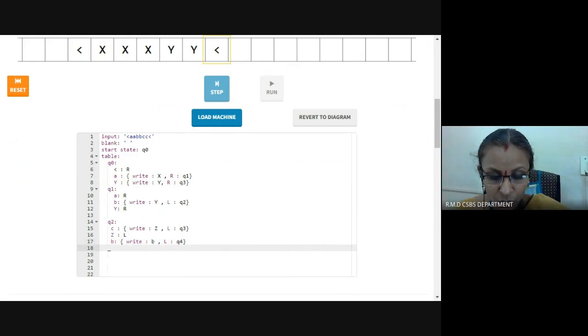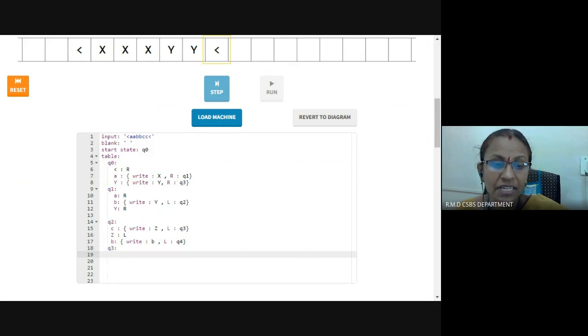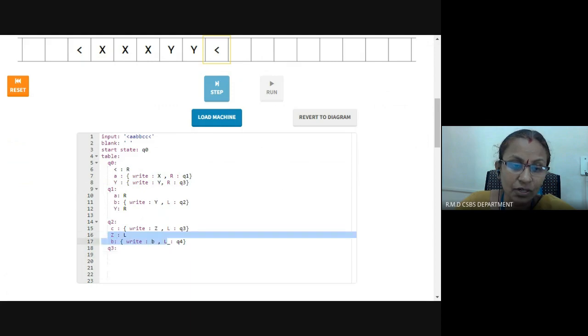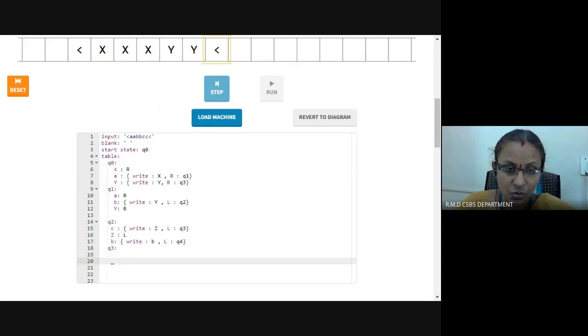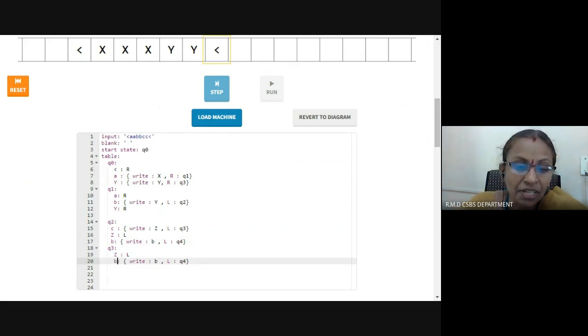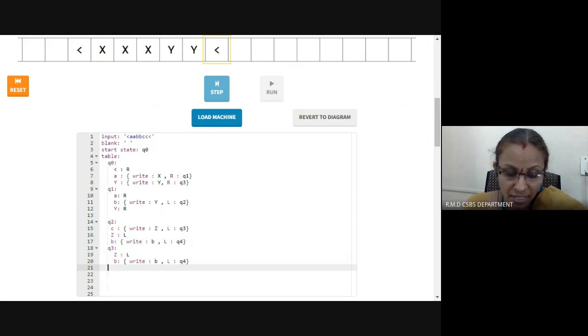So when it is in the Q3 state, what we have done is we have changed one C to Z. When you are changing one C, the remaining C's will still be there. All this same will be repeated. When it is B also, we are going to write it in Q4. And in Q4, what we are going to do is,